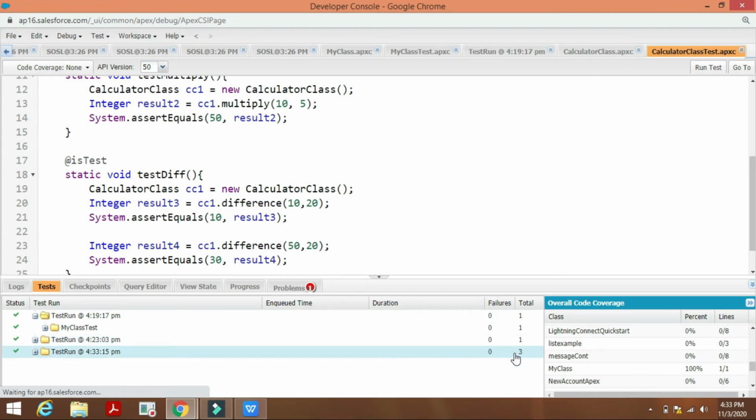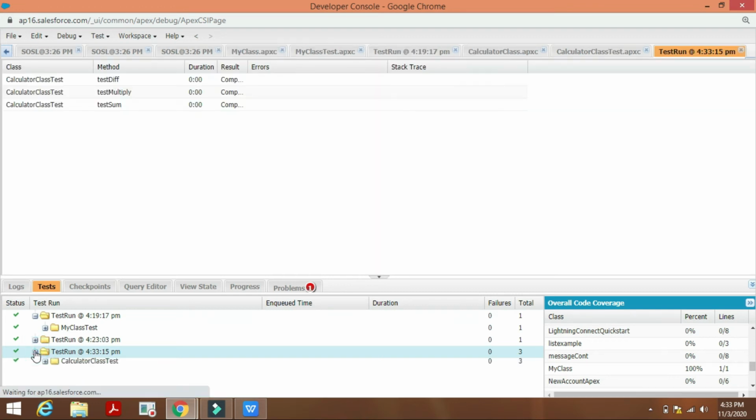The test run is completed for the three methods. Let's check this in the code coverage.